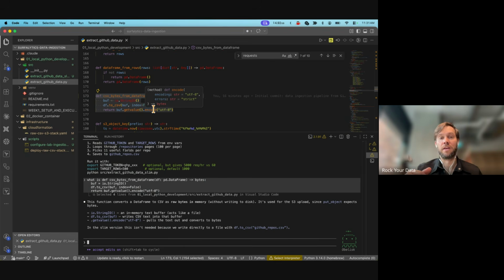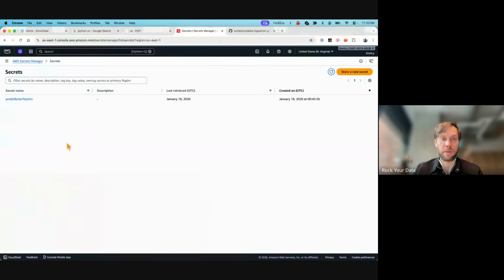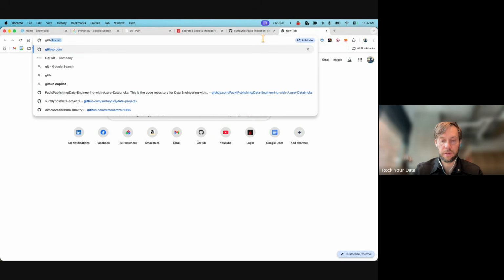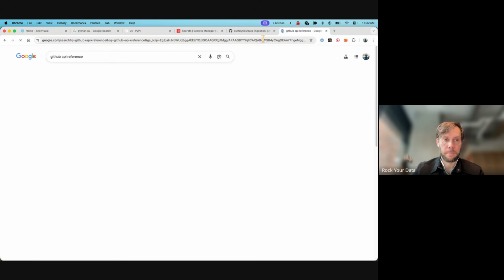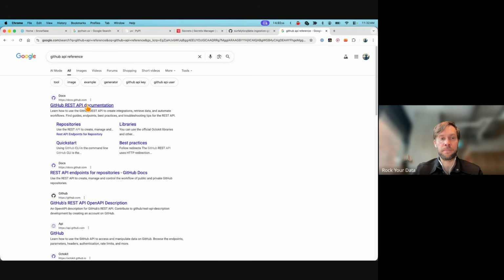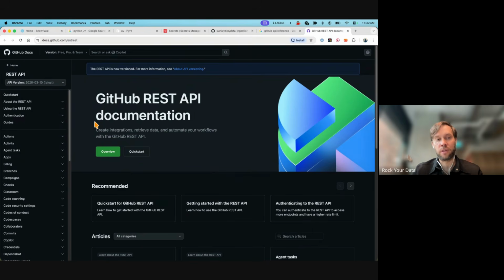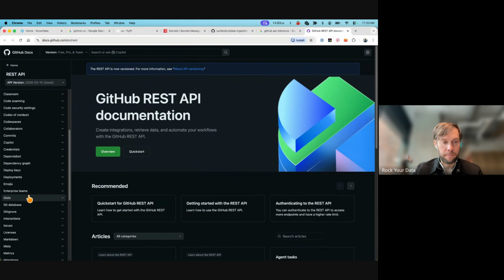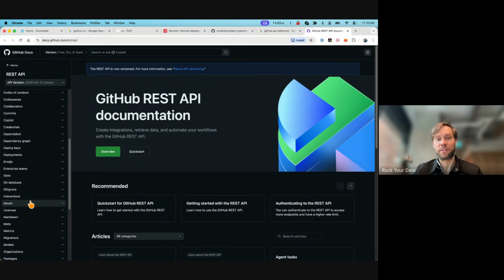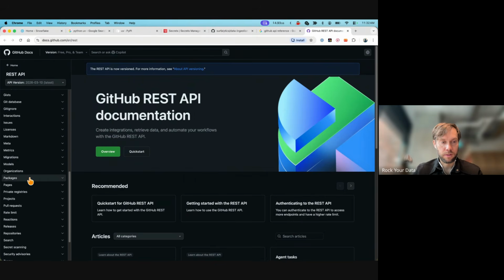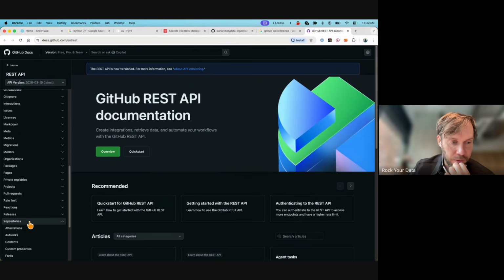You couldn't fetch all GitHub history in one call. So if you need many days, you can pass the parameters, and as soon as you pass the parameters, you can interactively loop the dates. And for the GitHub API, if we go here, every API has a reference doc where we can see every endpoint. An endpoint is just like a table, and parameters are like the where condition for the table. So if I go here and see repositories,